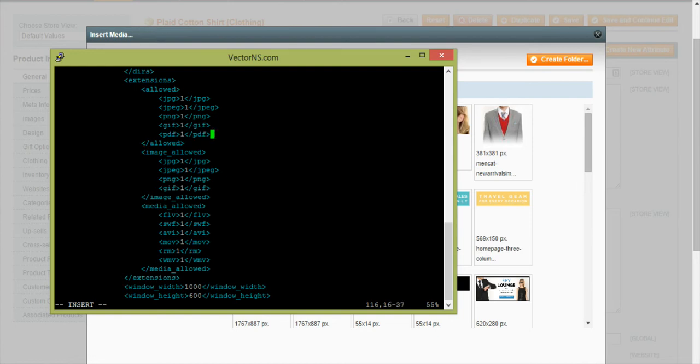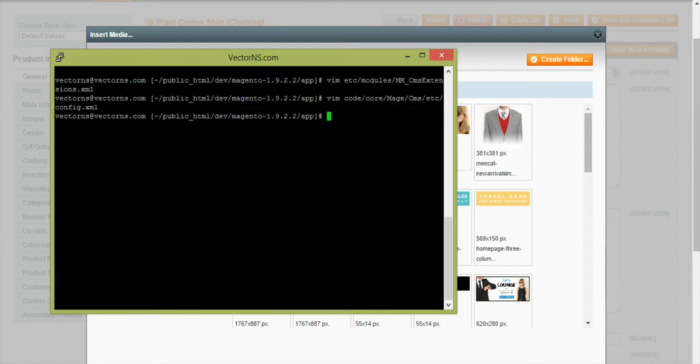And if I save that and then go back into media storage, it'll allow me to upload PDFs and it will show them in the list here. However, this is the incorrect way of doing it because we don't want to modify a Magento core file, because what can happen is when you upgrade your Magento install, this will get overwritten and you'll lose your custom change. So in order to override a Magento core config.xml, we need to create a module,